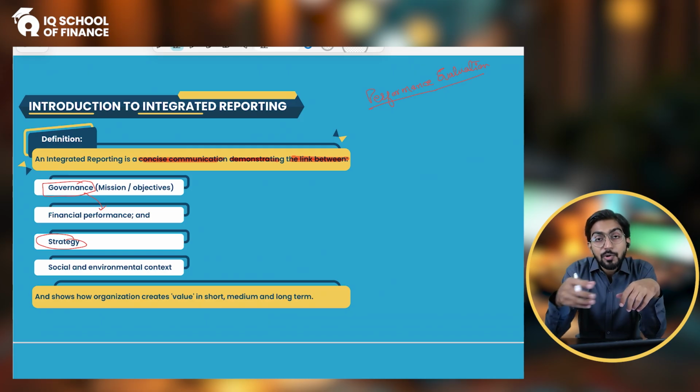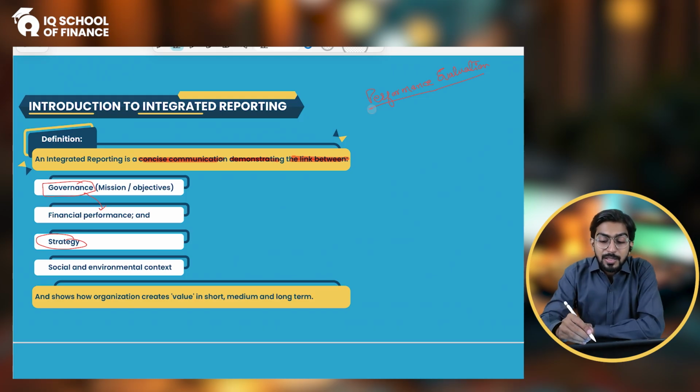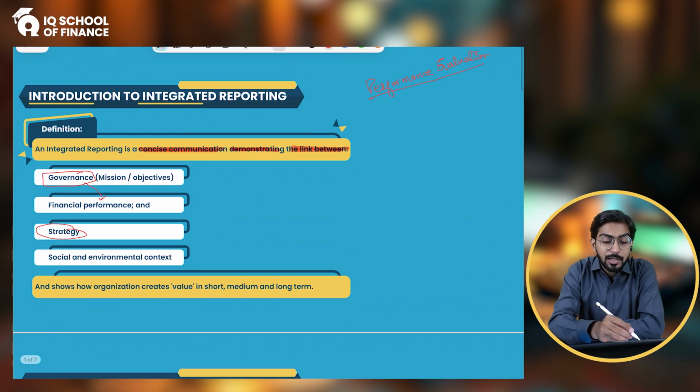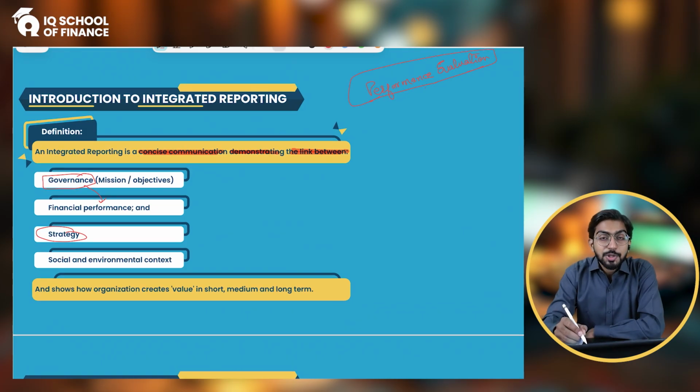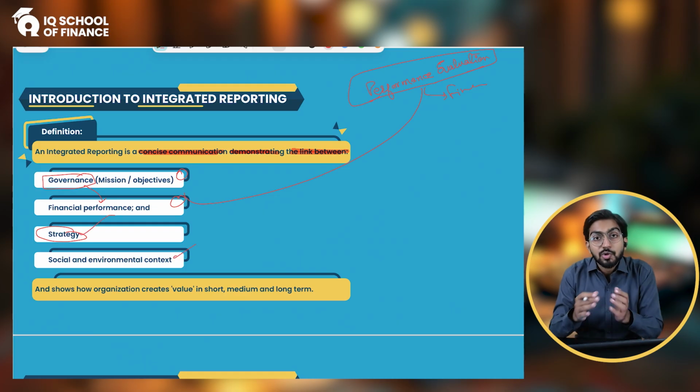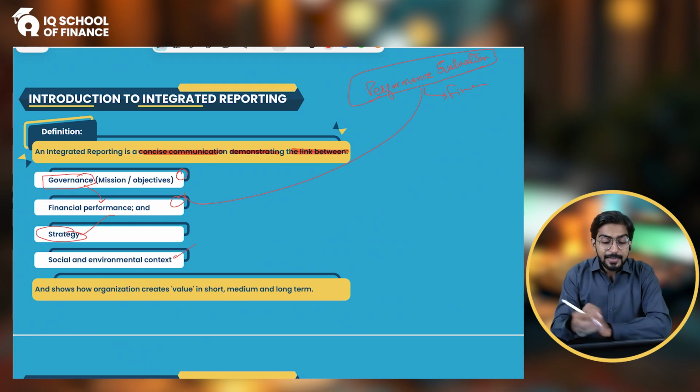what benefits you have taken from the environment or the society, and what you are giving back to them. So this all reporting you should be doing, because your performance is not only the financial aspects. It is this governance, your financial performance, your strategy, and also the social and the environmental context. And these all things actually